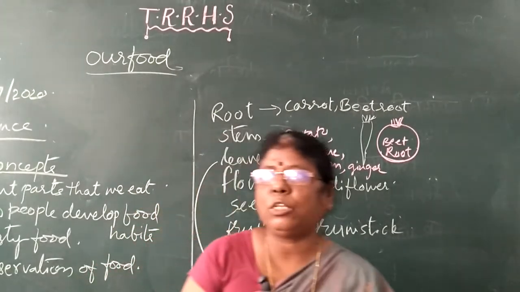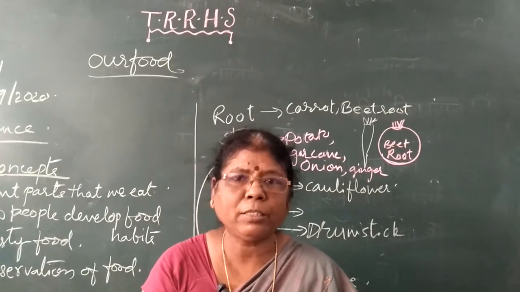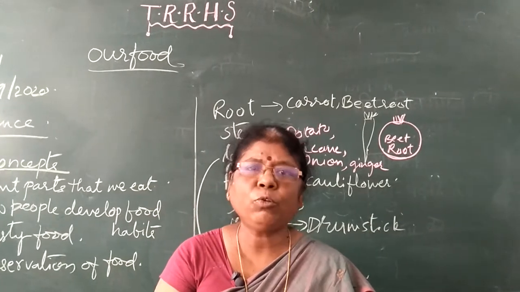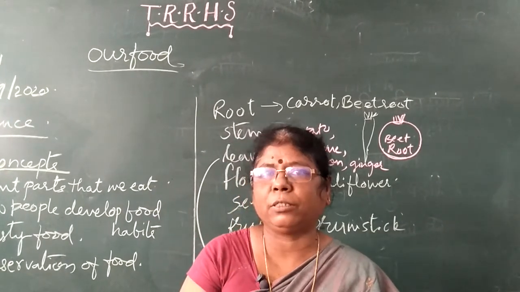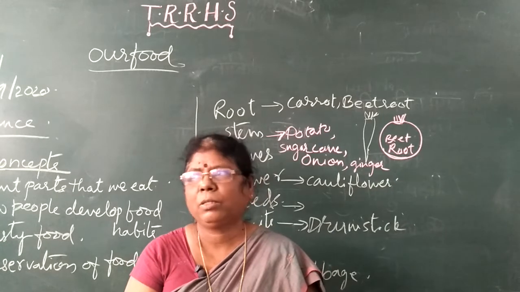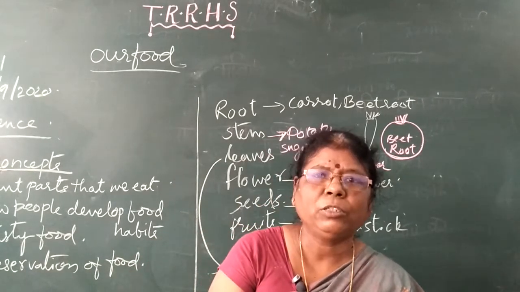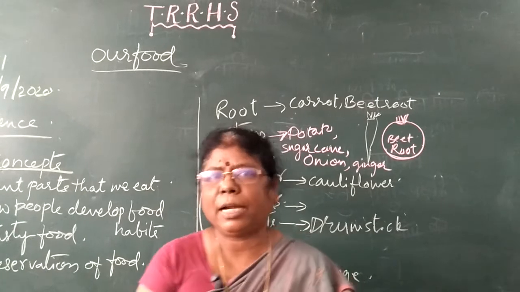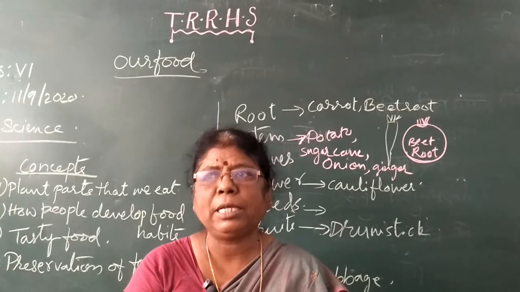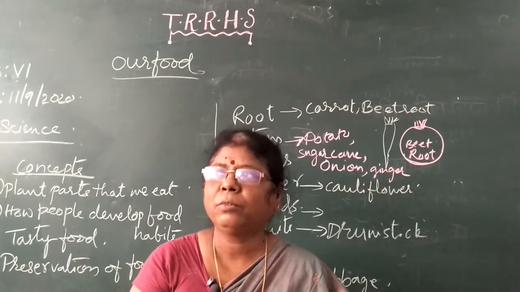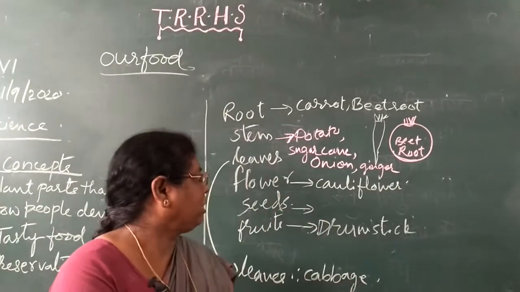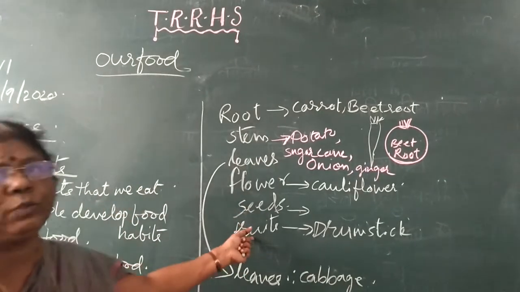Now the question is, in your village, what plants grow and which part of the plant do you take in your food? This is your question. In the assignment, you have to write what plants grow in your village. Agricultural fields will be there, or it's not compulsory that you have agricultural fields. What plants grow and which part is the edible part, you have to mention. This is your assessment, remember. Okay? So this is about the plant parts which we eat.